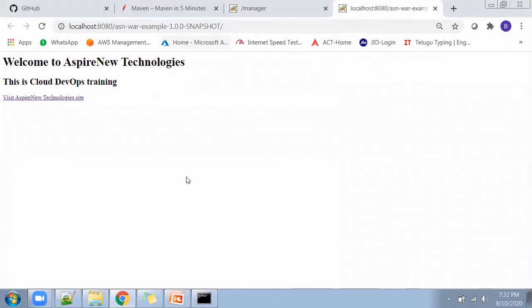So today what I have explained is, till yesterday we developed some code and placed that code into GitHub. And today, using the Maven tool, we built an artifact and deployed that artifact into the Tomcat server.